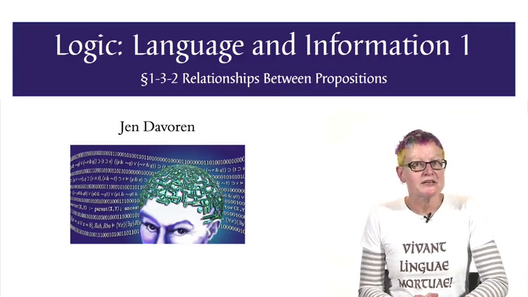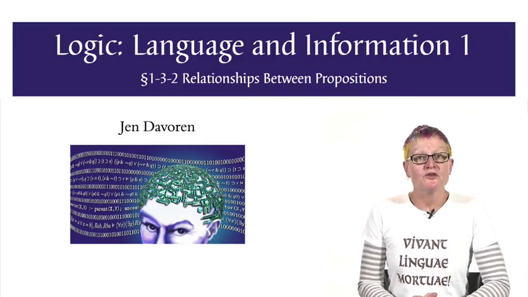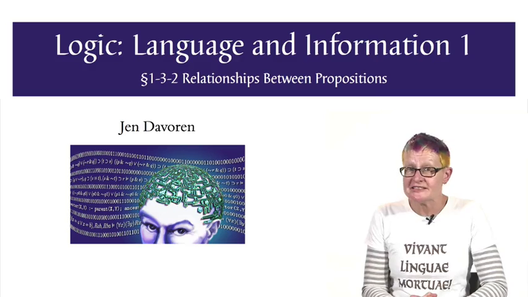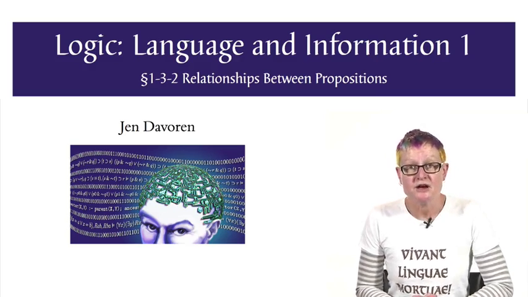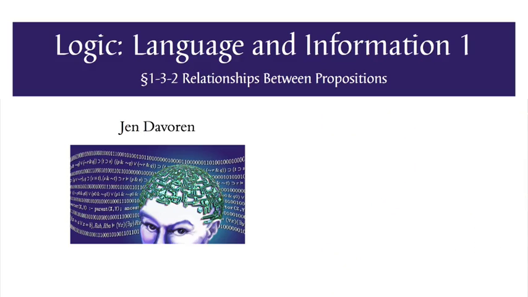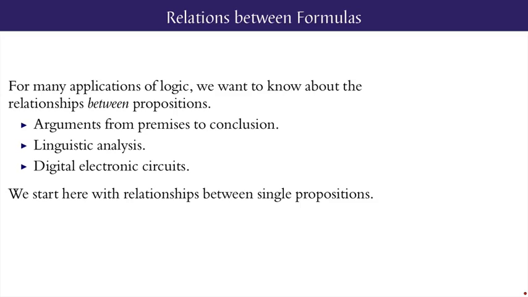In this lesson we'll continue to work with truth tables to make logical assessments, here looking at relationships between propositions rather than classifying single propositions as we did last time. For many applications of logic, we want to know about relationships between propositions. In assessing the validity of an argument, the key logical relationship is that which lies between the premises and the